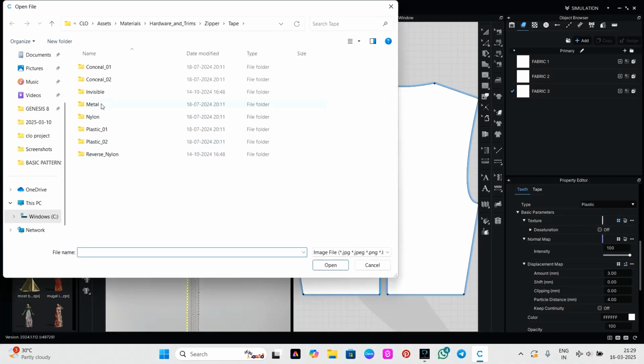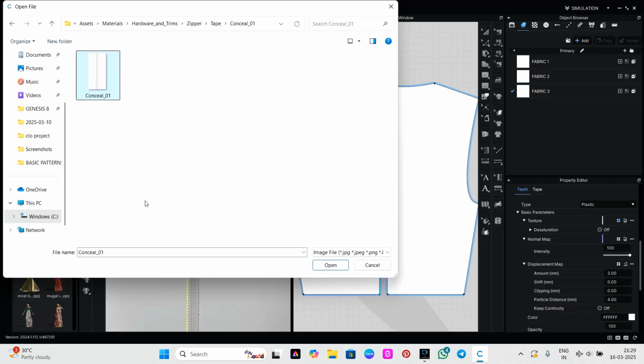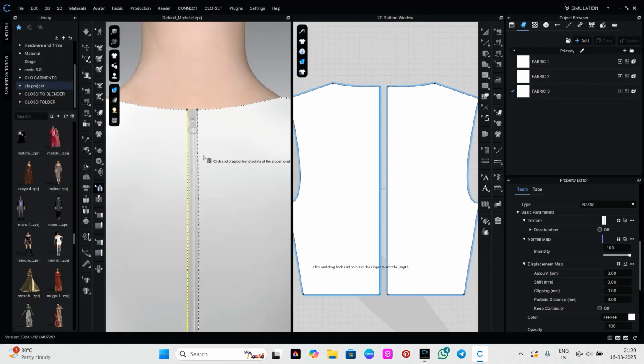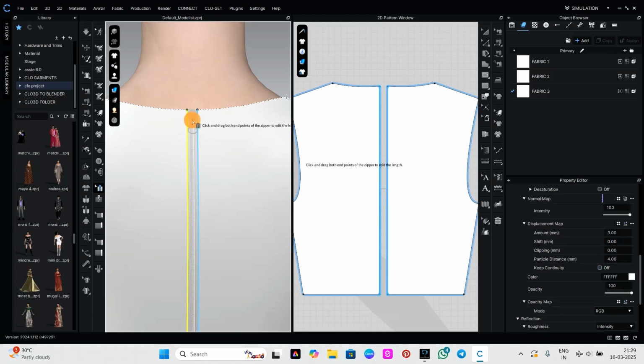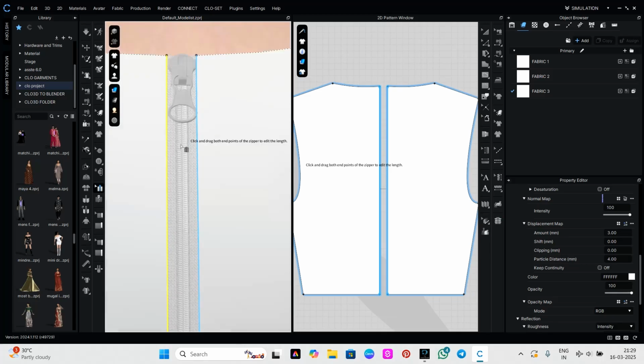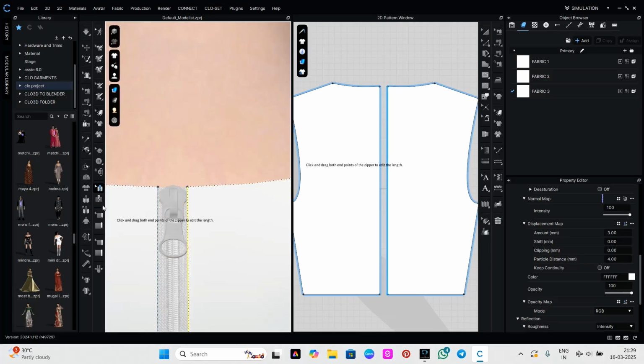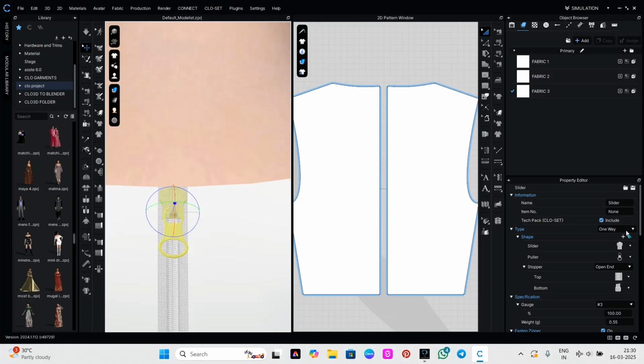So, for example, there are very invisible textures, and you can use some kind of zipper heads. If you select the zip, or if you use the gizmo and select the zipper,